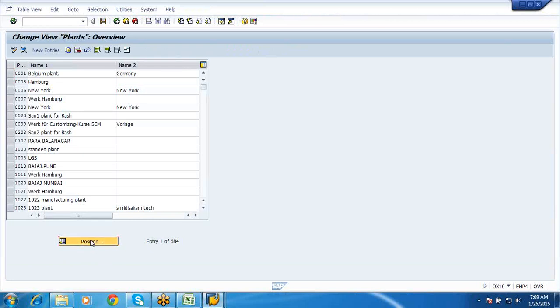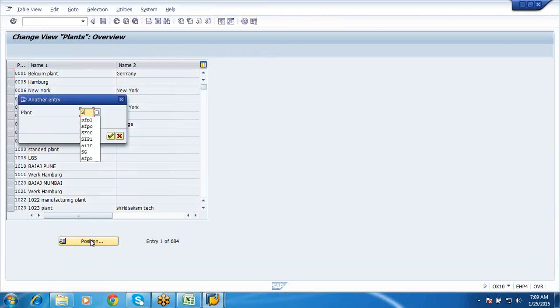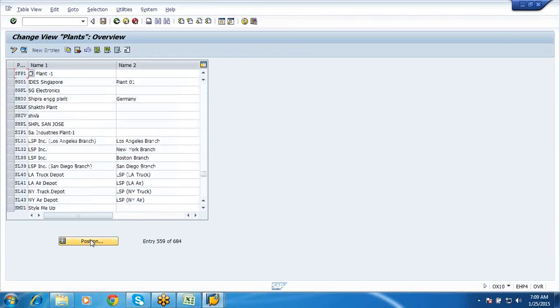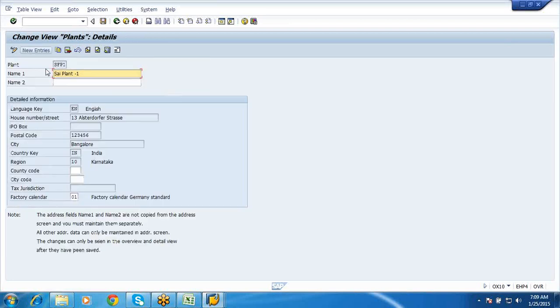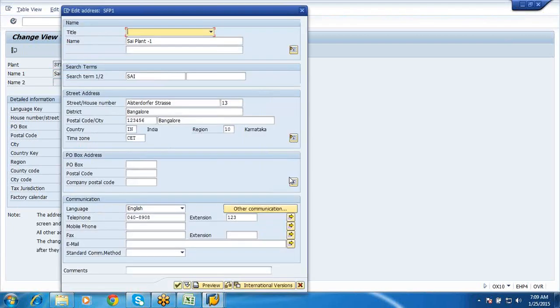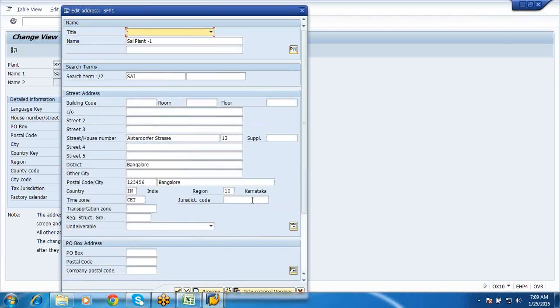This tax jurisdiction is the one which you can give while creating your plant. This is the screen which we saw during the creation of the plant. You can go here to the details. If you click here, in the drop down you can see tax jurisdiction.